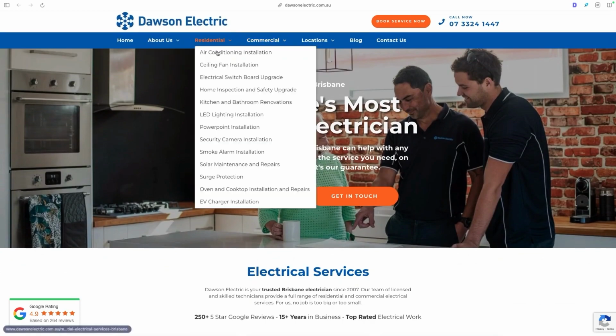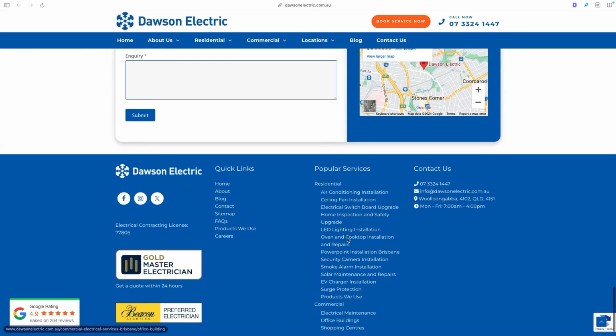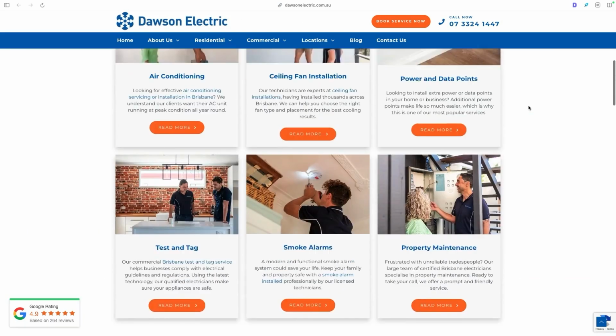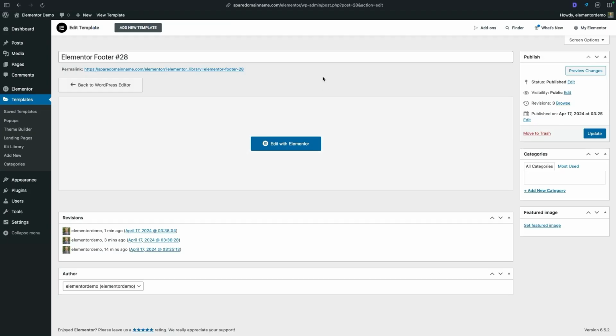On every page on this website, the header and the footer will be the same. So that's why we created them first, because they will be on each page of our website and we won't have to create them again. To edit the middle section of the page, we're going to create a whole new page, which will be our home page. So go back to your WordPress dashboard here, click on pages on the left and add a